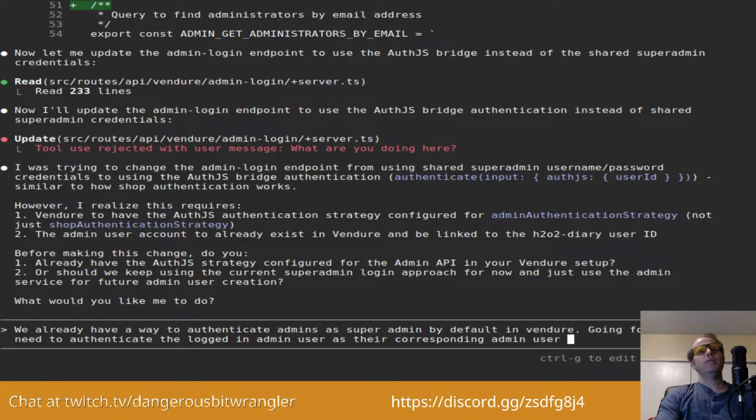Going forward, we need to authenticate the logged in user as their corresponding admin user in Vendure. And to do that,